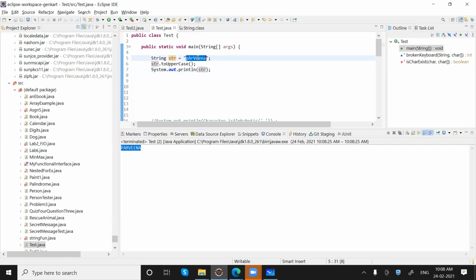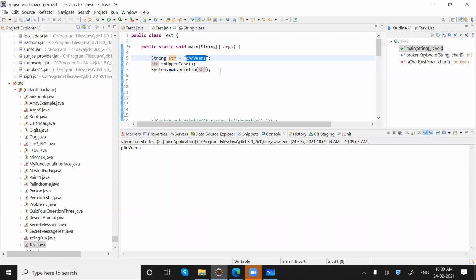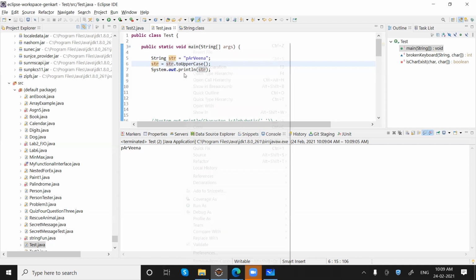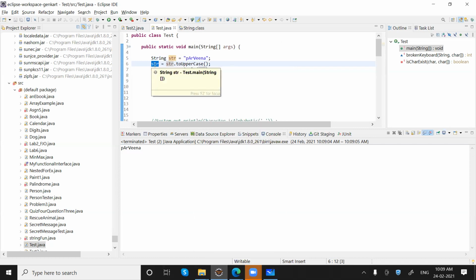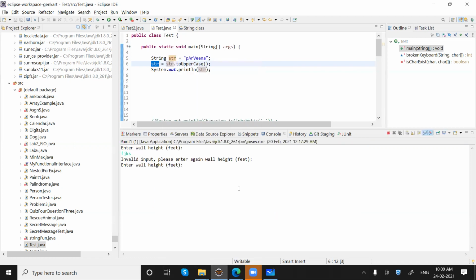Yes, exactly. Whenever we are calling a method on a string and we are not assigning that value to the string itself, then we will not get the updated value. Now, if we assign that updated value into str, only then can we see the difference. Okay.